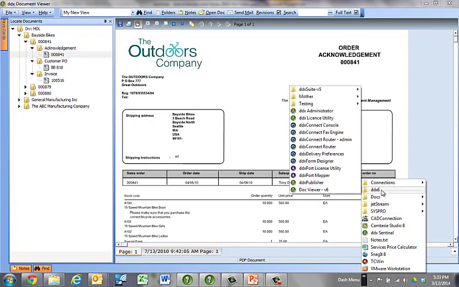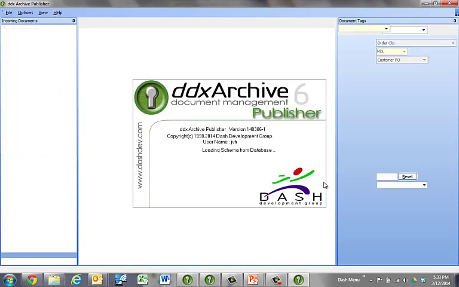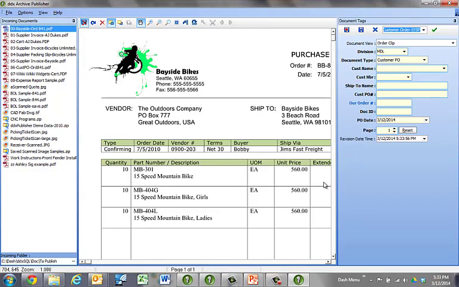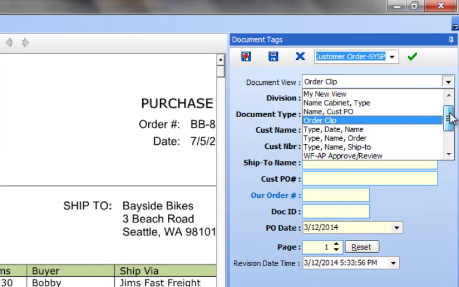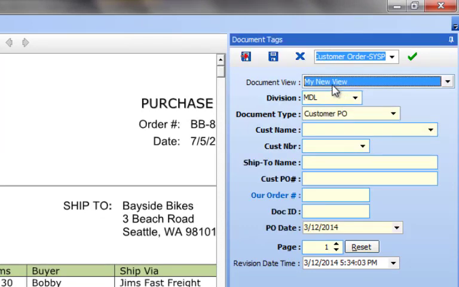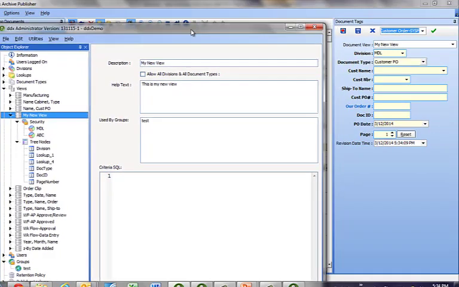The same is true in my DDX publisher, but now the publisher doesn't have a refresh option, so if I was running it, I need to exit it and re-enter it. But when I open it up and I select the appropriate view here, we'll see now my new view is listed here, and I've only got a couple choices for division, MDL, and ABC. And when I go to the MDL division, I have limited myself to being able to publish only customer POs because of the way that we had set our security up